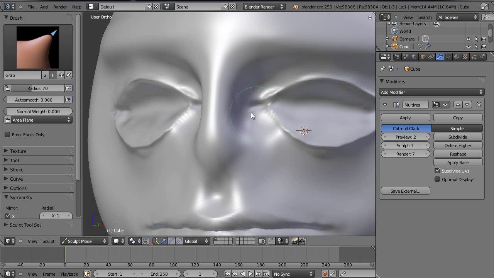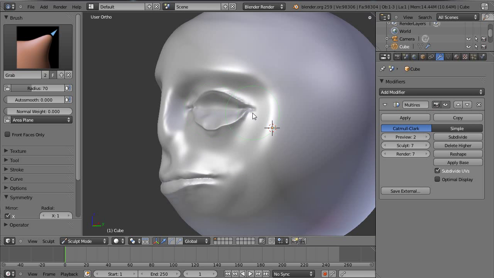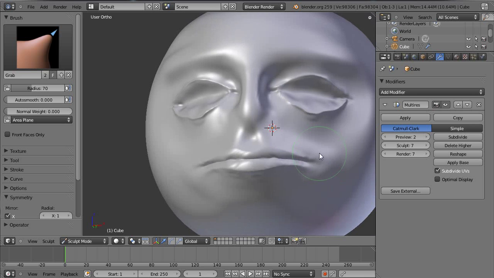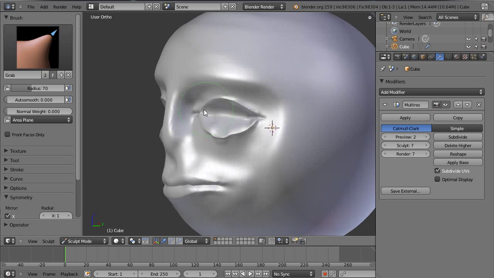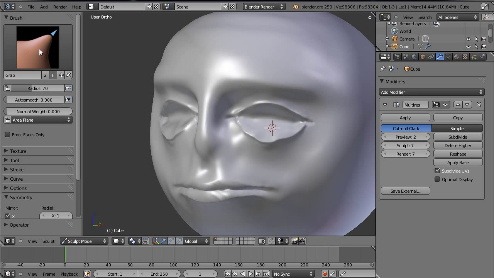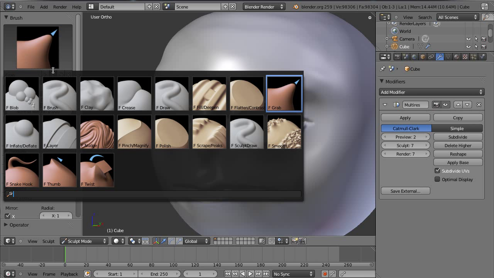So grab can be useful. It's better to affect a bigger area with grab, I find. But it can be, again, a useful tool just for getting the right form. I suppose grab is more useful in the lower levels of sculpting.